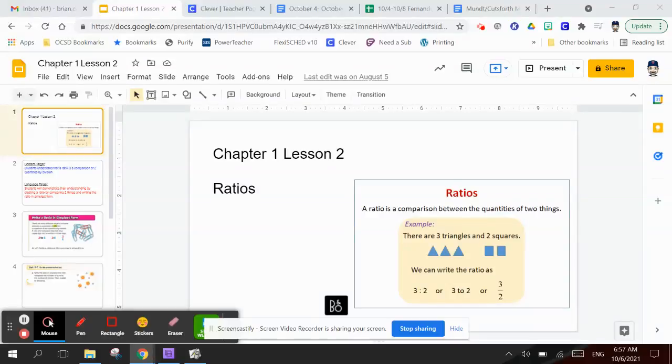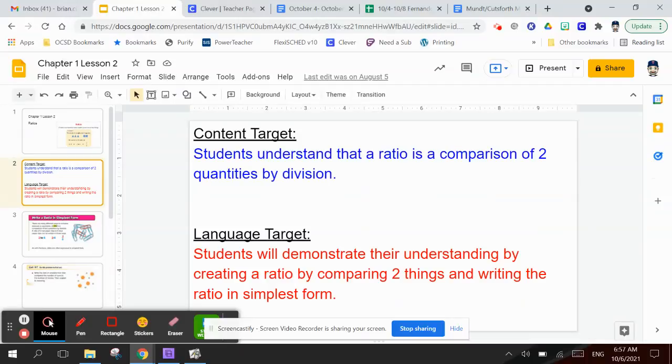Chapter 1, Lesson 2, Ratios. Our content language target: students will understand that a ratio is a comparison of two quantities by division. Our language target today: students will demonstrate their understanding by creating a ratio to compare two things and writing the